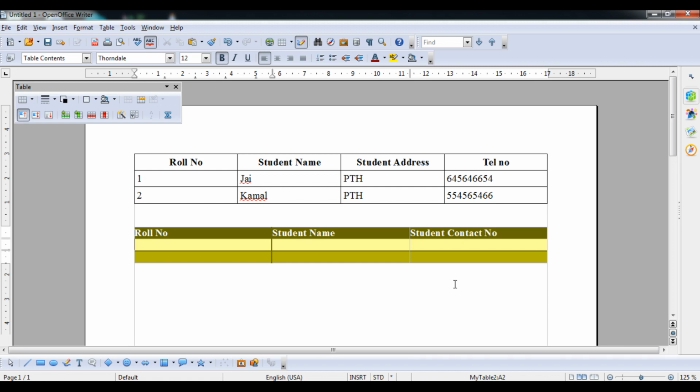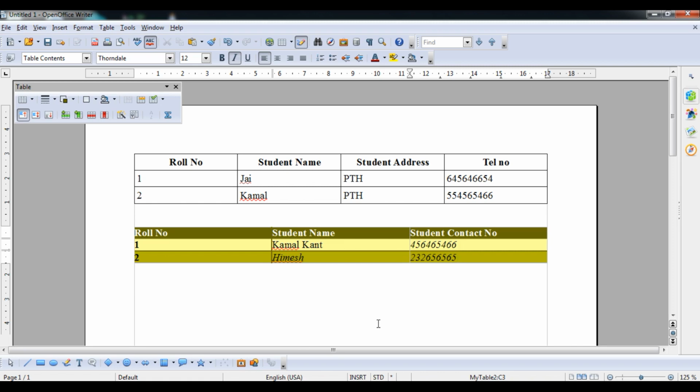Okay, and when you press the tab button again, it will come to the next row. You provide a roll number, name Kamal Kant, okay, and a contact number, any random number, press tab, and any random number. So student, we have learned how to insert a table and how to format that.